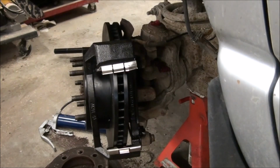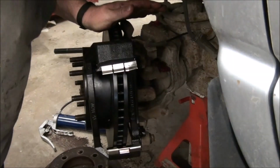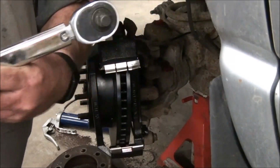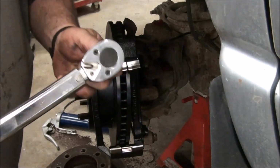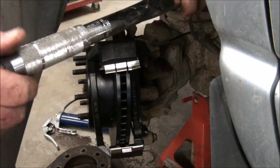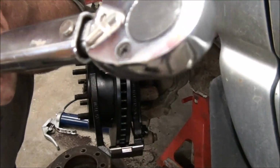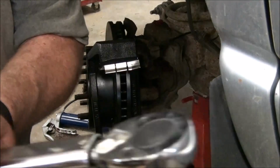Oh, 32. Okay, so we got 275 for the big ones and 32 for the small ones. These used to be a really, really expensive tool. It's a torque wrench. It's a kind of a ratchet wrench, that you turn this knob and that tightens up a spring inside. So tighten that. I don't think I can go that high on this wrench,